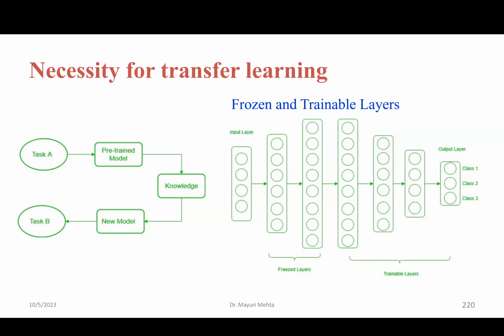But if there is a pre-trained model which detects humans in images and we want to use that knowledge to detect cars, in this case it is not good to freeze lots of layers, because freezing a large number of layers will not only give low level features, but also high level features like nose, eyes, जिसकी जरूरत ही नहीं है जब आप vehicle classification कर रहे हो. जब आप ह्यूमन क्लासिफिकेशन करते हो तो ये सारे फीचर्स उसको लर्न करने हैं, नोज, आईज एक्सेट्रा. अगर हम ज्यादा नॉलेज ट्रांसफर करेंगे तो ये सारा नॉलेज, ये हाई लेवल फीचर्स भी ट्रांसफर होंगे. And these high level features are not required